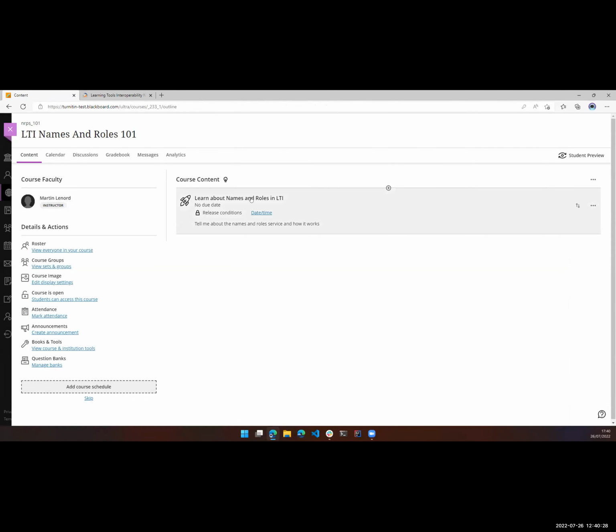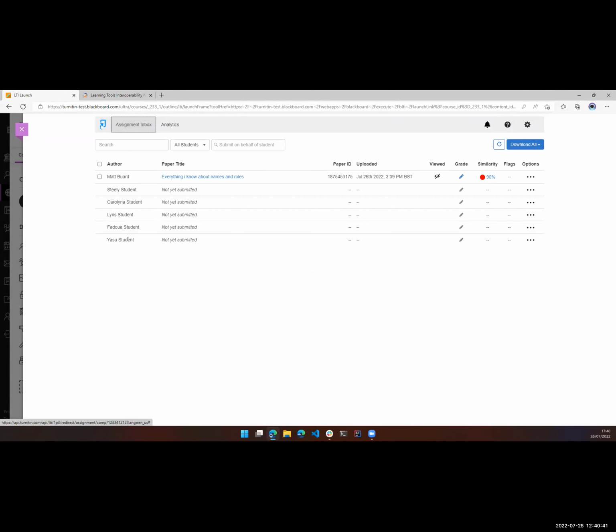So when I launch into the Turnitin LTI inbox, what you'll see is we will list all of the students. So there's all 6 students. What we've done there is we've called back up to Blackboard to fetch those students and added them to our roster. It's worth noting this wasn't really discussed in the presentation,